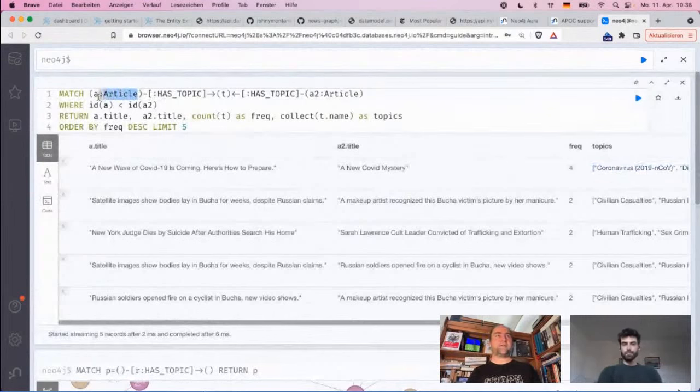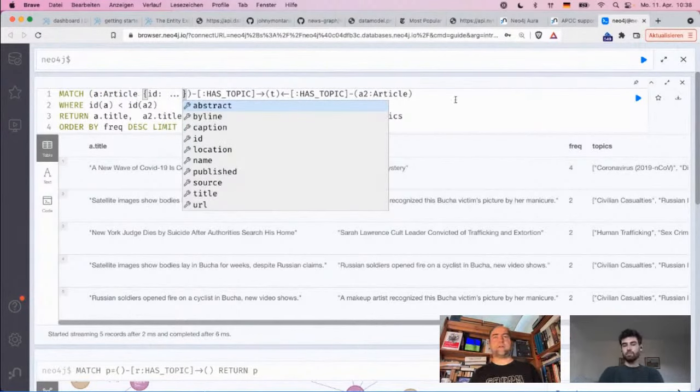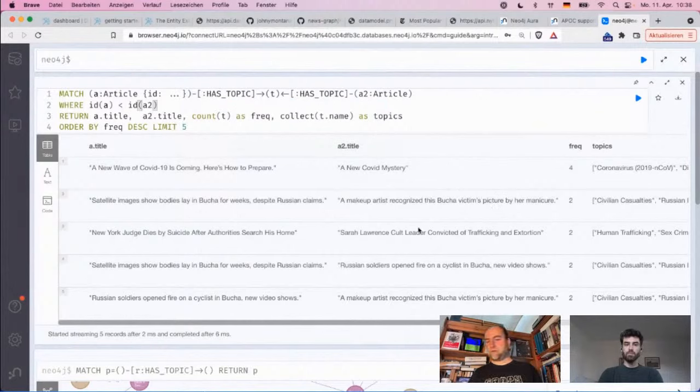Imagine I'm on this article here and want to see related articles that are similar to this one. I can use this as a recommendation query where I just pass in the article ID here, and then I get recommendations of which articles are similar to this one. So that's a quick way of getting this kind of information. Okay,